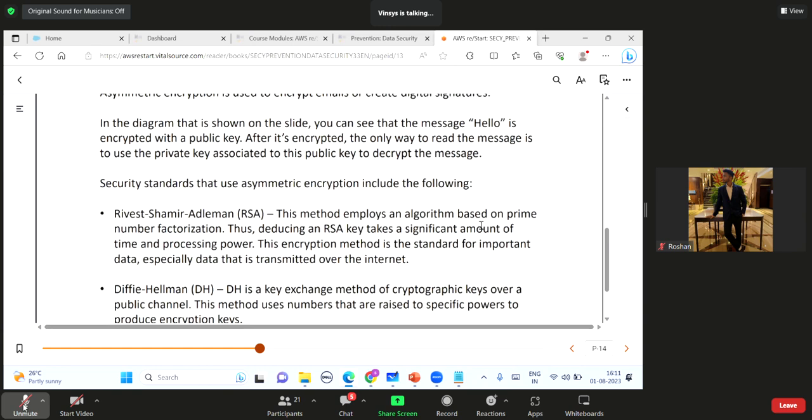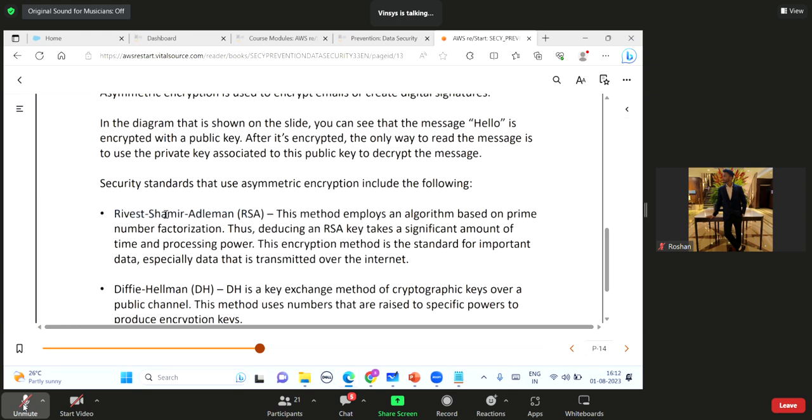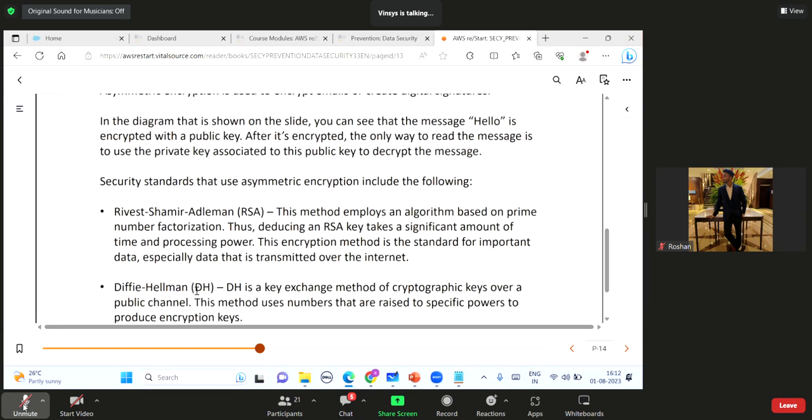This method employs an algorithm based on prime number factorization. This is definitely not the class in which we can create this algorithm. We can learn it, but lots of mathematics and calculations will be there, and it is not required here.